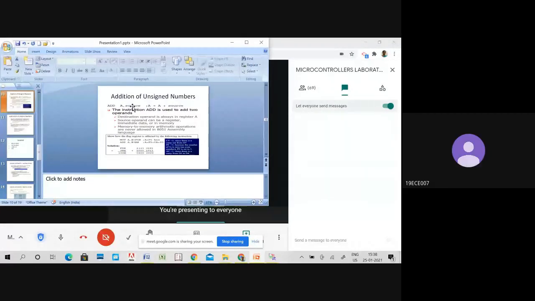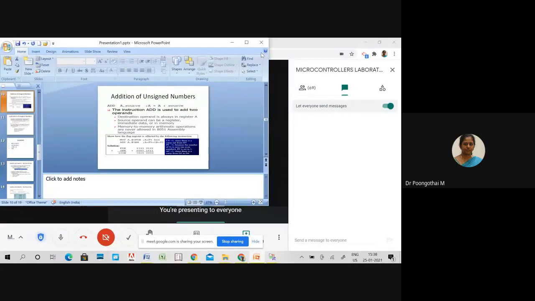It adds the value of the source and A, with the result in the accumulator. So this instruction is used to add two operands, that is the source operand and the destination operand. According to the ADD instruction, the destination operand is always the A register, and the source operand can be a register, an immediate value or a memory address.